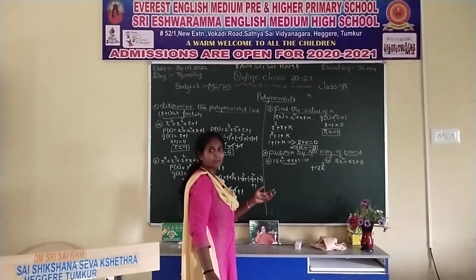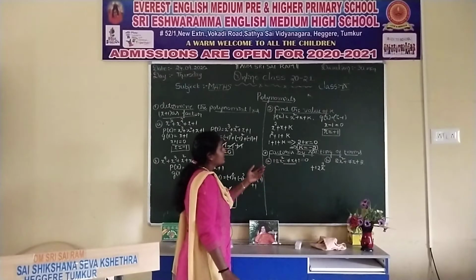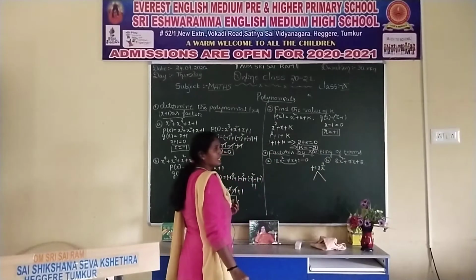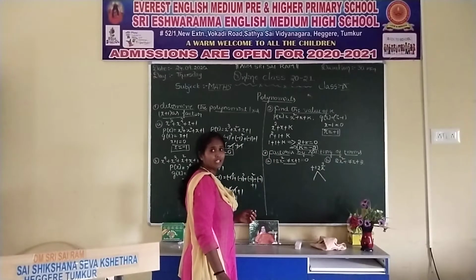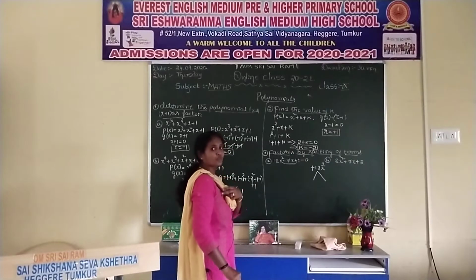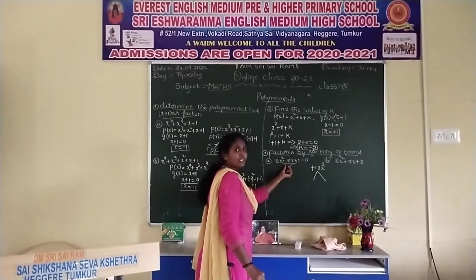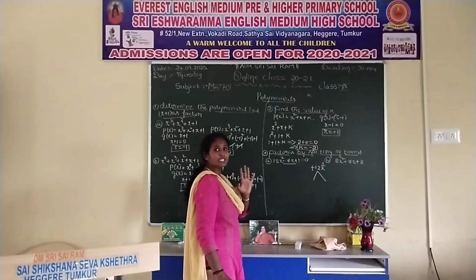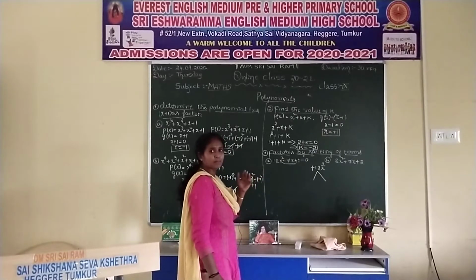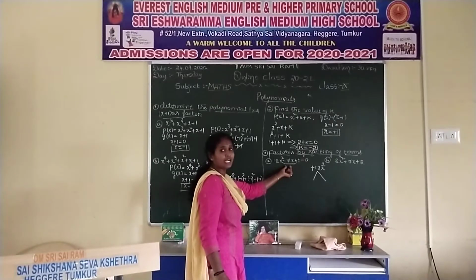How to split this number? You have to choose multipliers. See here, 4 3s are 12, 3 4s are 12, 6 2s are 12, 12 ones are 12. These are the factors of 12. But here the middle number is 7x. You should choose two new terms. You should add the two terms or subtract the two terms to get minus 7x. Like that you have to choose.